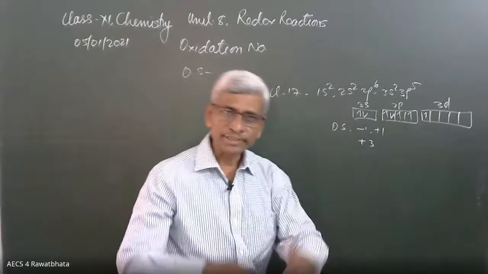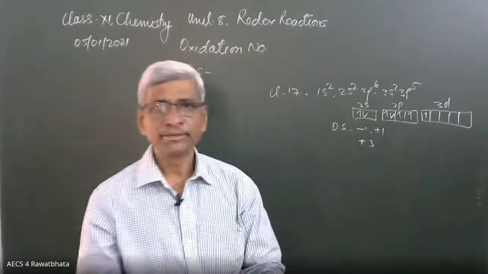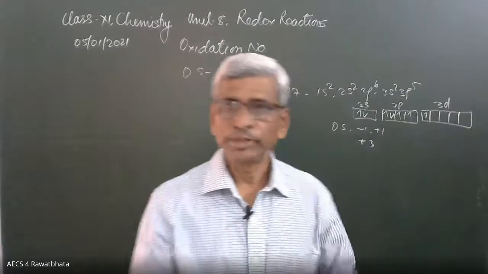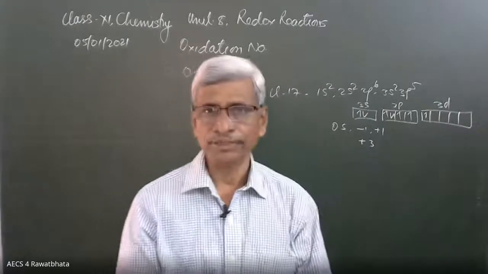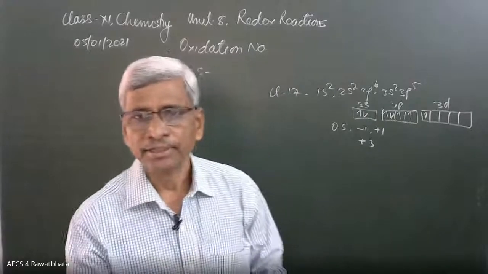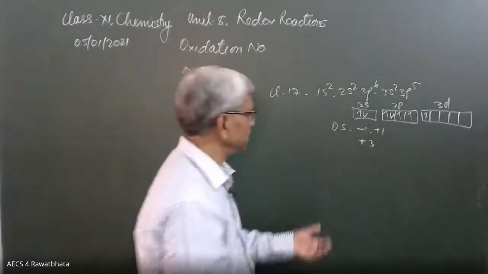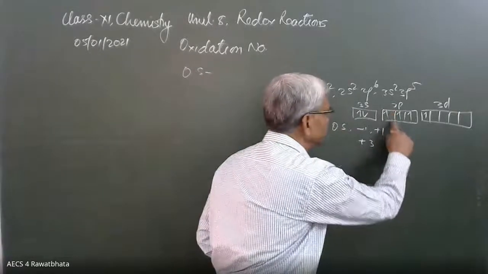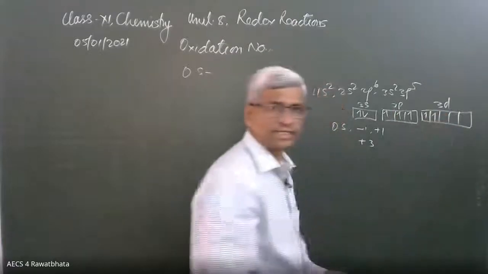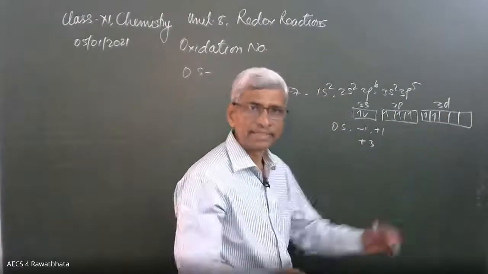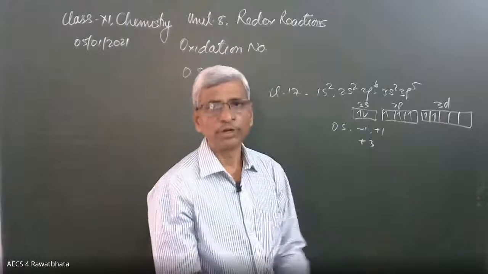These many electrons can be donated by it partially. That's why the higher oxidation state is positive. It cannot receive 3 electrons in its valence shell. Okay, beta? And when this electron jumps into D, this is another possibility. It depends on the situation where it is going to combine.